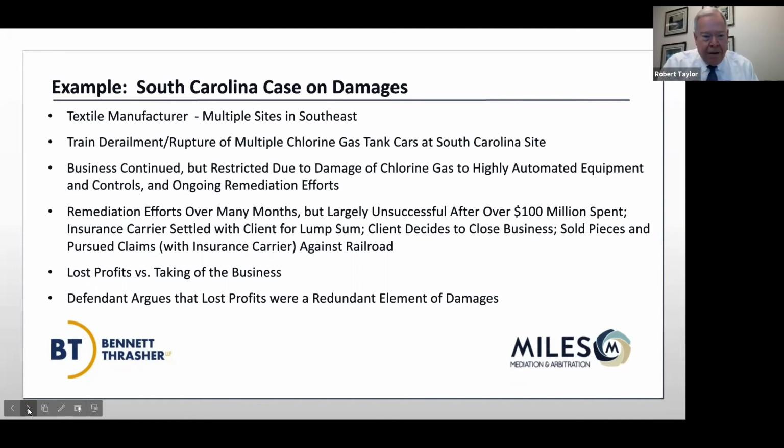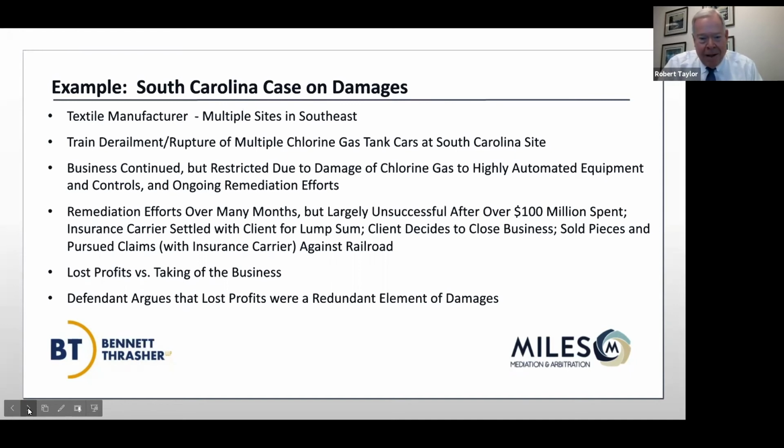Remediation efforts took place immediately, and after a year and a half of remediation efforts and spending well over $100 million on those efforts, the insurance carrier and the client were no closer to complete remediation, they felt, and did not have a ready remedy in sight to provide a long-term cure for this. And certainly the funds were not being provided to